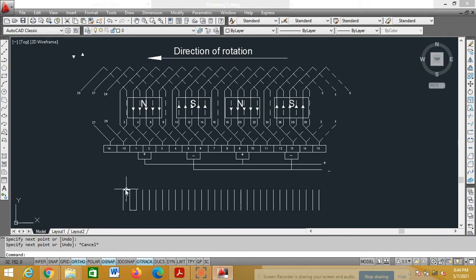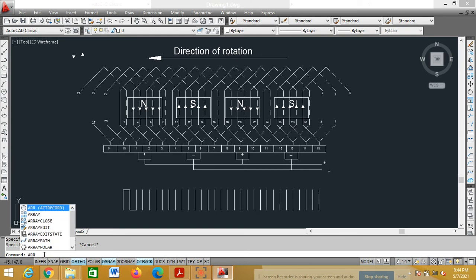How many connections you want? 1, 2, 3, 4, 5, 6, 7, 8, 9, 10, 11, 12, 13, 14, 15. So 15 connections at the top.